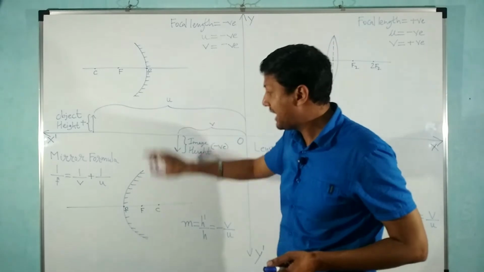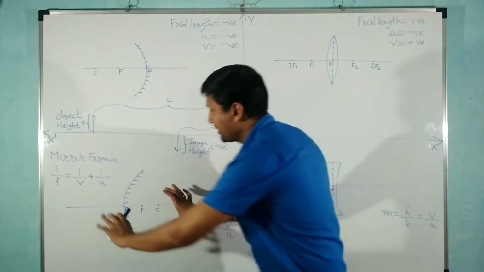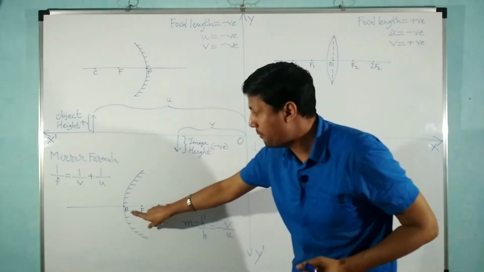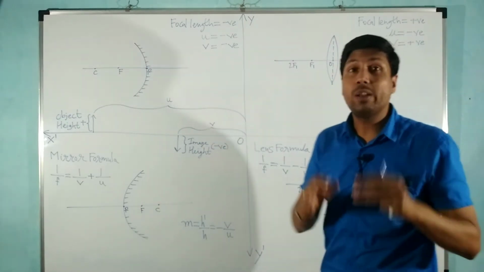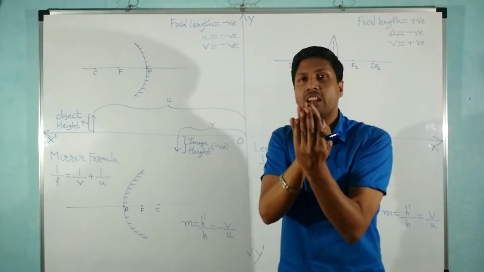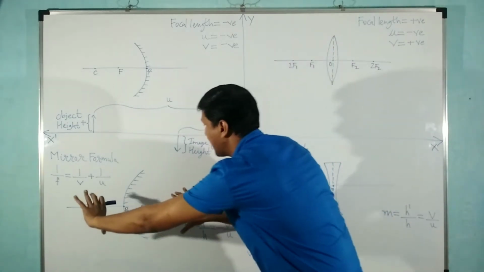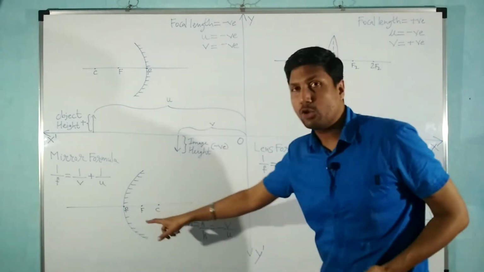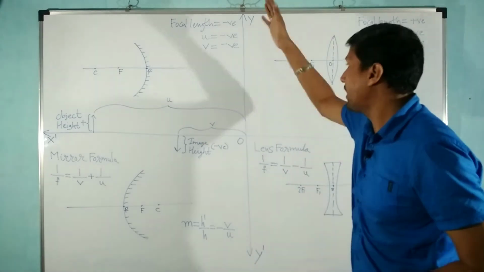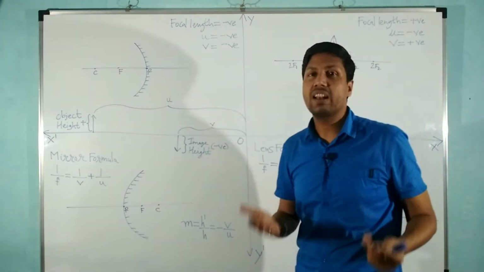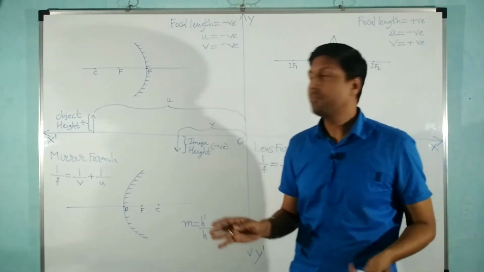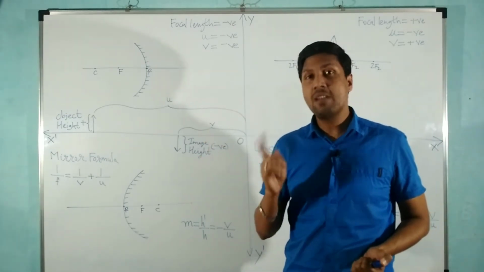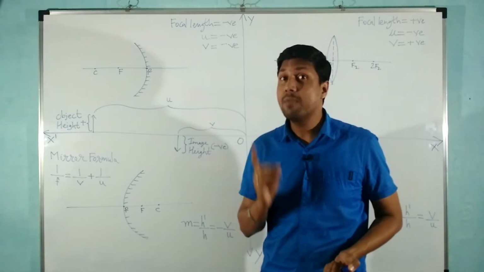Now, you have to take this figure and exactly superimpose it on this Cartesian plane, such that the point P and the origin coincide, exactly overlapping each other. So if you put this picture exactly on the origin, the point P should coincide with the origin of the Cartesian plane. Then you can easily figure out everything. Everything means four things, basically. What are the four things? The object height, image height, object distance and image distance.